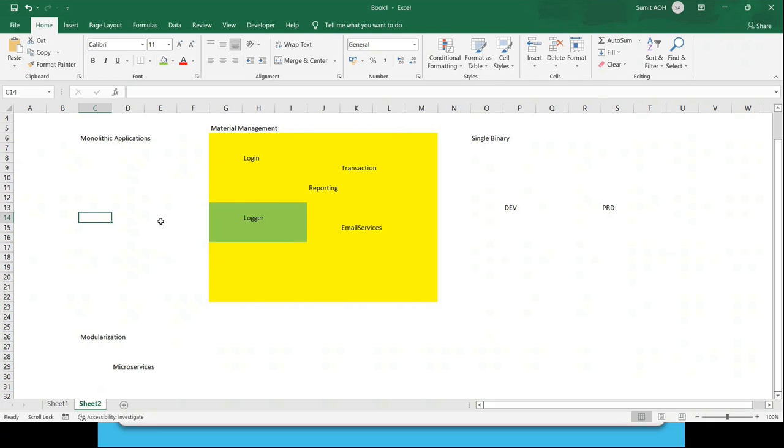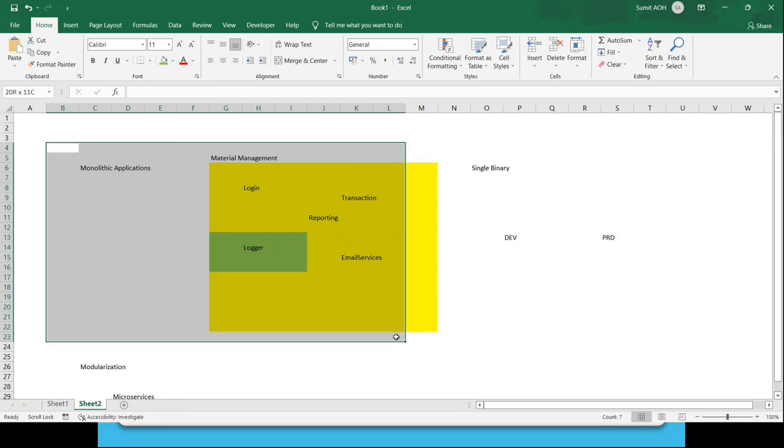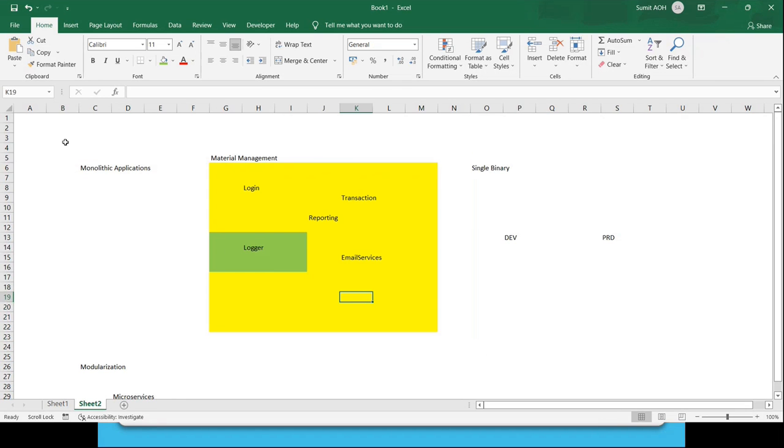Second, it may or may not be handled by the same team. There would be one team working dedicatedly on a logger service, and they are providing this service for 15 odd applications. For email services, there is also one more dedicated team working. So all those microservices are handled separately. We have just referenced it over here, and that is why it is called a microservice. It is a separate service which is being consumed because we want that service in our application, but it's not part of our application. We have just connected to it.